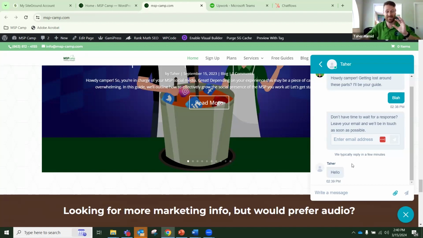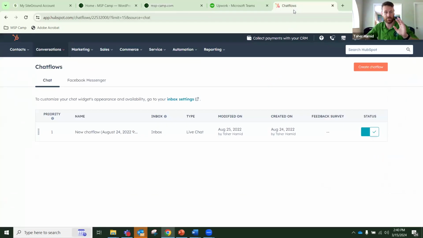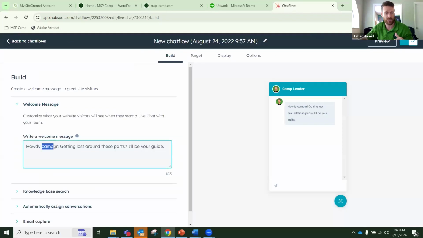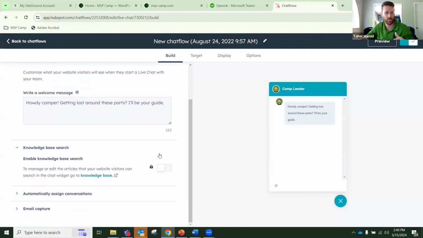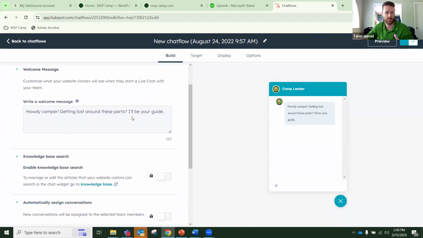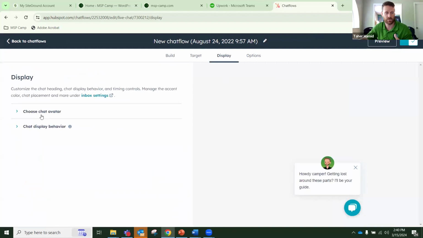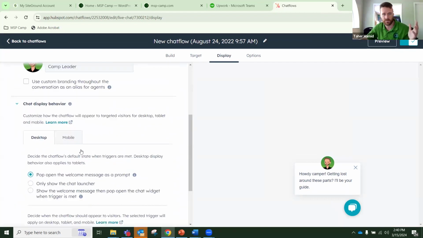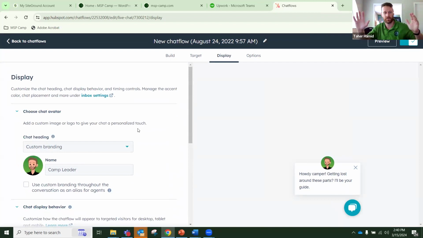But just to make it as simple as possible, you can get a free live chat from HubSpot. I actually pay $20 a month for my starter HubSpot account. You just set up a chat flow and you can say, all right, I want the welcome message to say howdy camper. Do I want them to be able to search into my knowledge base? That's cool. I want to automatically assign it, blah, blah, blah. Display, I want to choose my avatar, and I'm going to say this. And you can change it to be a chat flow, but just to get started, you can set up a